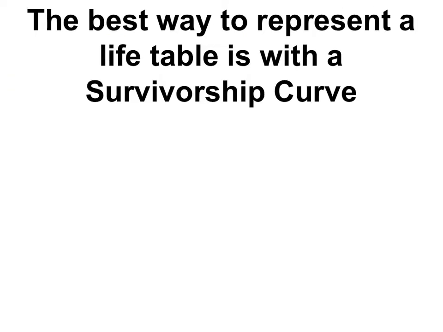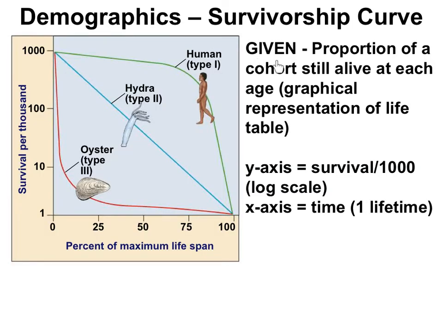Our next representation of demographics is a survivorship curve. A survivorship curve is just a graph of a life table. Let's see. So what's given on a survivorship curve? Well, here's a survivorship curve, and you can see that it's a graph of the proportion of a cohort still alive at each age. Focusing on the axes, you can see that the y-axis is survival per 1,000 individuals in a cohort,